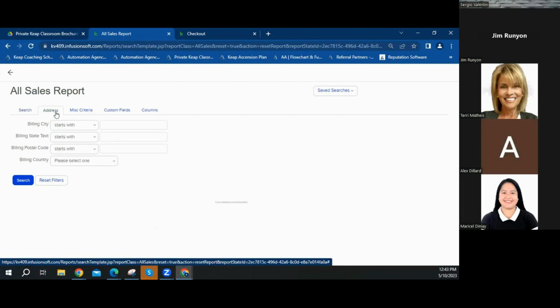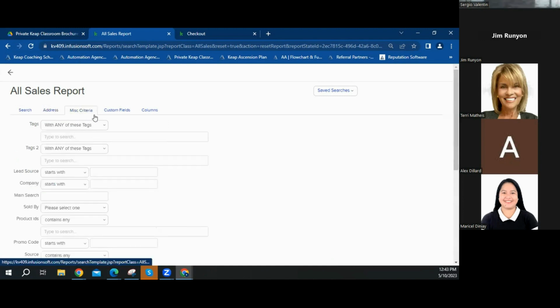Don't really mess with the address and billing information in here. You can be specific. Some folks like to say, I want to see all my sales from this particular town or this particular state. That's where you can do this. If you're not one of those folks, just skip over this part, right? Miscellaneous criteria. This is where you can start specifying the sales report to look for specific products, specific services, or if there was a particular vertical. Let's say